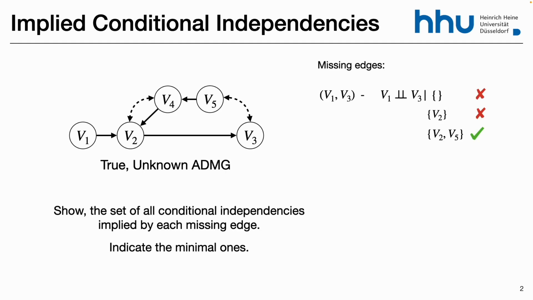So what about, so this is done. Oh, okay, so I was here. V2 and V4 doesn't work, but you can start adding more, right? So for example, once I have V2 and V5, I can start adding other stuff. The only required ones are 2 and 5, so this is considered a minimal separating set. But there is this other separating set that's not minimal and it's still separating V1 and V3. And we've added V4 because it's